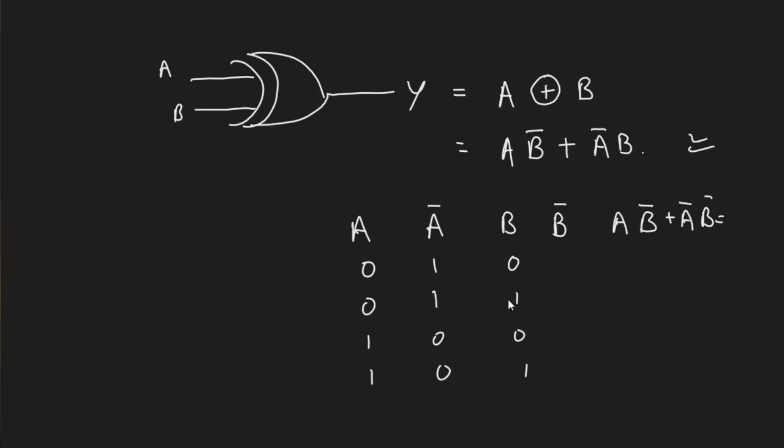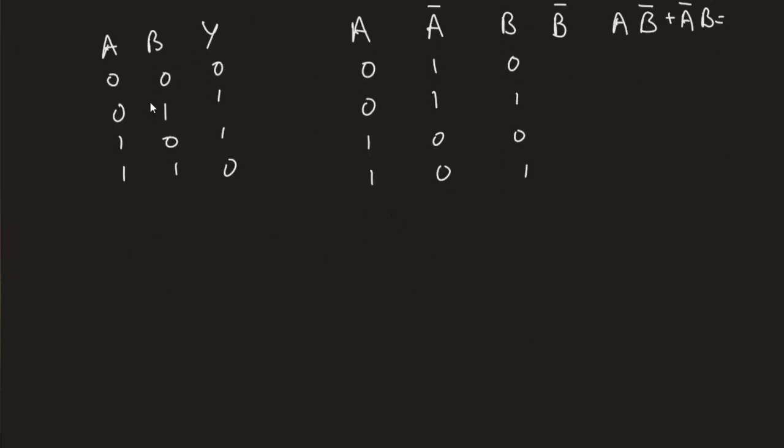I can write down the result itself. Okay, so 0 0, 0 1, 1 0 and 1 1. So the output is 0 1 1 0. Okay, this is the XOR gate. This is the truth table for the XOR gate. And not to worry, I am actually recording this meeting.